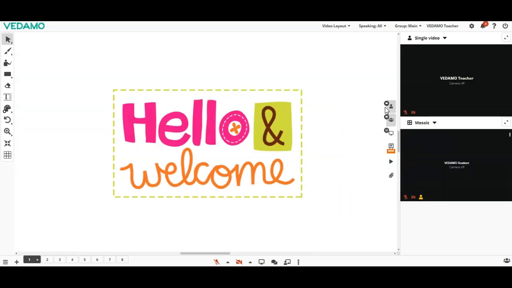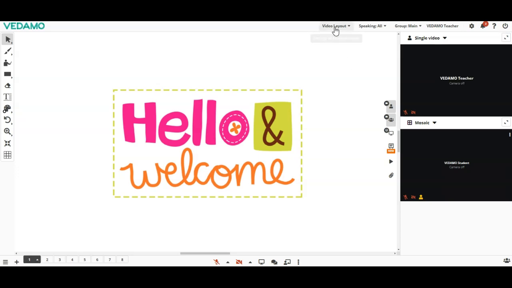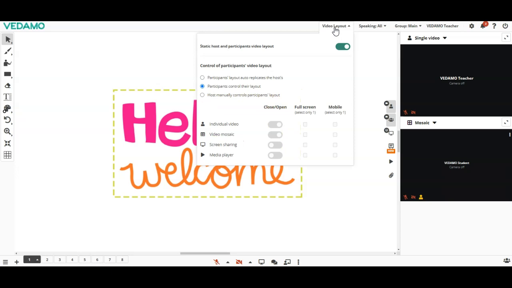As the host, you can open, close, and enter or exit the full screen of the windows included in the static layout. You can manage the state of the video boxes, open, closed, or full screen, from the respective video box controls. All these actions are mirrored on participant screens with the option Participants Layout auto-replicates the host's, under the control of